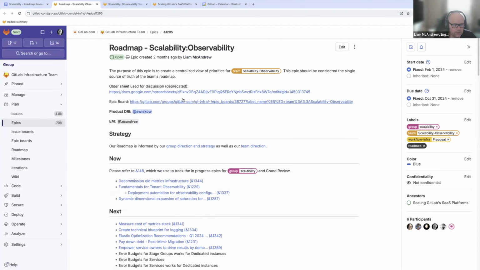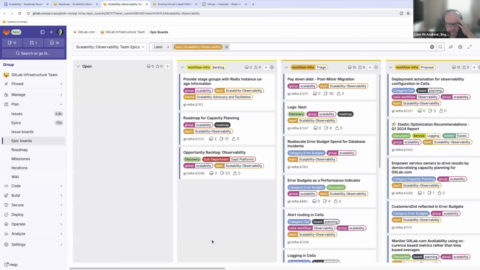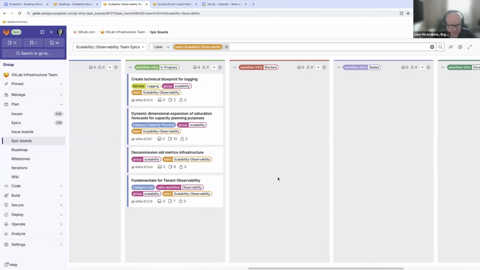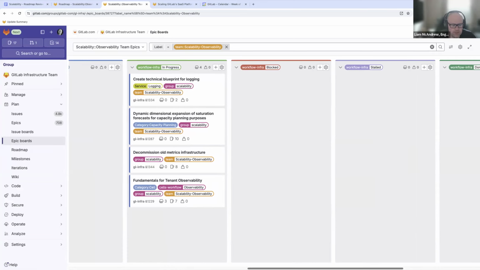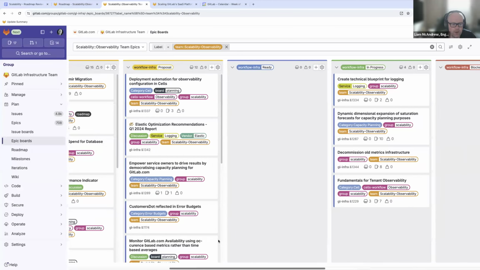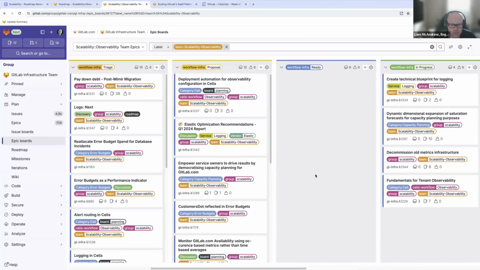Additionally, this links through to an epic board that we've been using. This gives a good view of the current state. Obviously, it is up to date as per all of the workflow labels and shows what's in progress for us as a team, so it's a really good, clear view of that. It also shows all of the projects that are ready, which incidentally isn't a project at the moment, so we need to try and move some stuff over into that list.